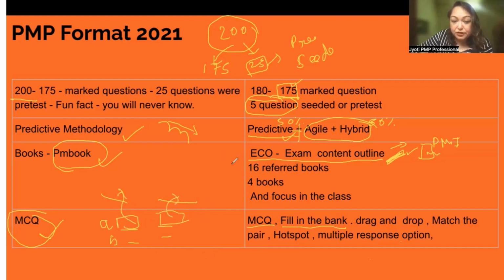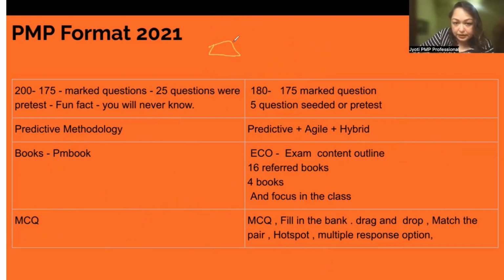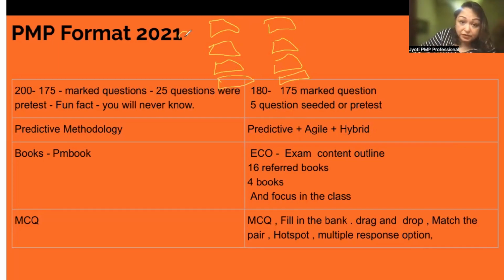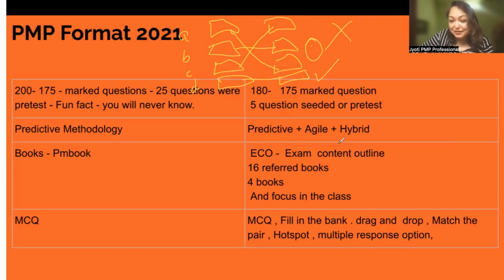Match the following. Okay, so match the following is like this. You might get 3 to 4 boxes like this, right? So different questions, different situations with A, B, C, D. Now, the tricky part is if, let's say, this is correct and this is correct, but these you have done wrong. In that situation, this is a wrong answer. You have to get all the match the followings correct, then only you will get credit for it, right?